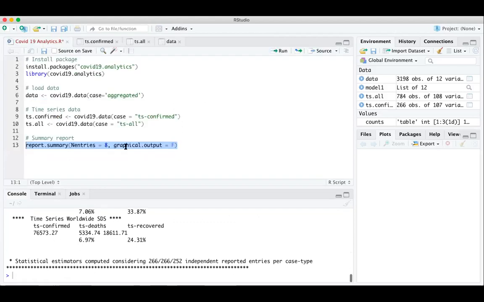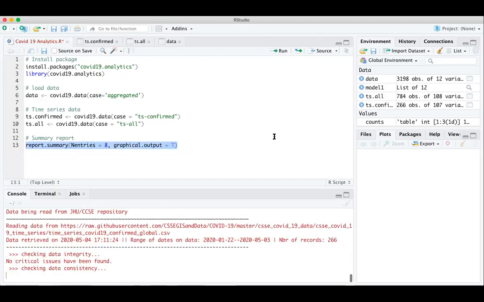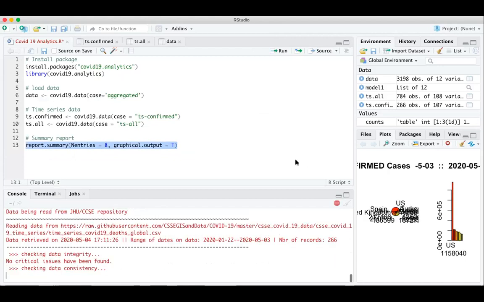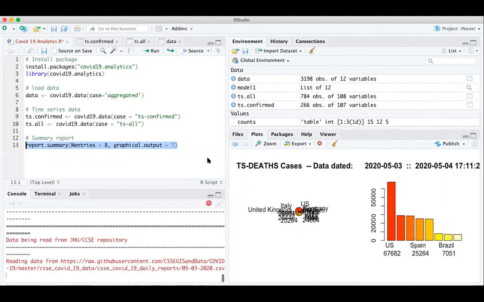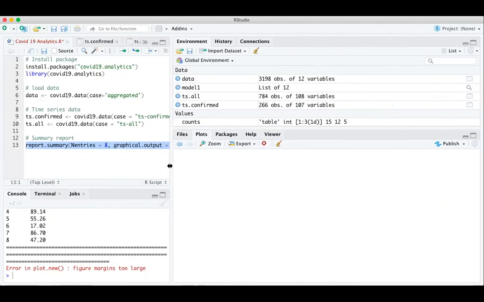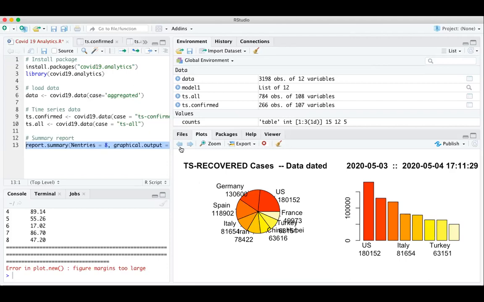So now let's make the graphical output true and see how the graphical data gets generated. I just made it true, run it. These are the recovered cases provided for all these eight countries.